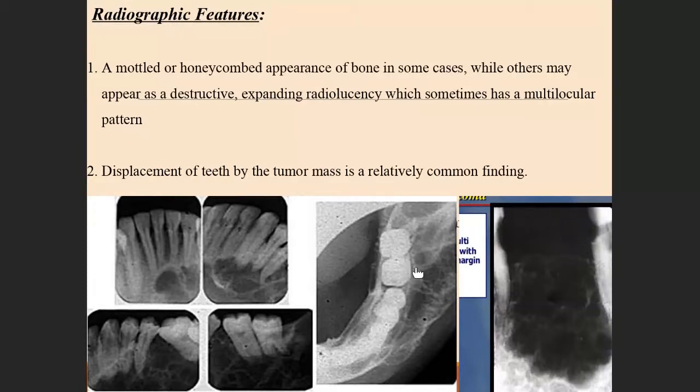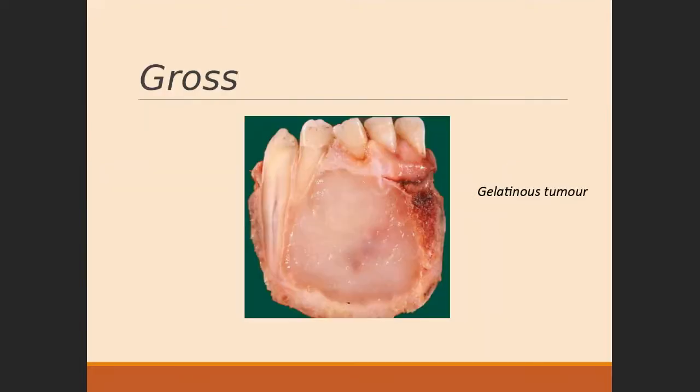You can clearly see this expansion over here. Now you can appreciate the cortical expansion. It can cause displacement of the tooth. Here in these radiographs, the teeth have been displaced. Here the locularity you can clearly see. Books describe it in different forms, like the mottled or honeycomb pattern, step ladder pattern, or tennis racket. You know how the tennis bat looks. They're more uniform, right? Similarly, these locules look more uniform.